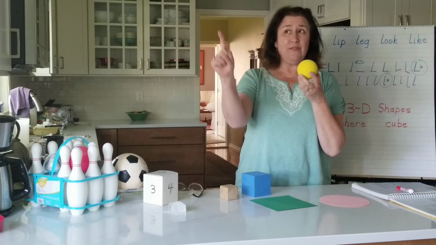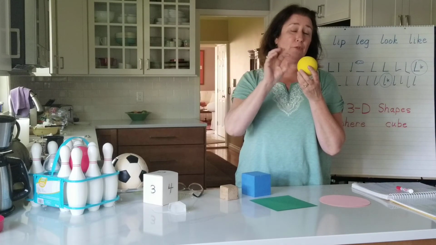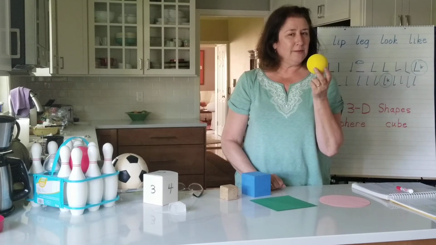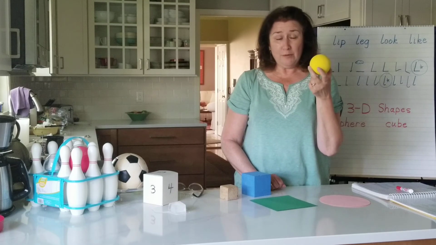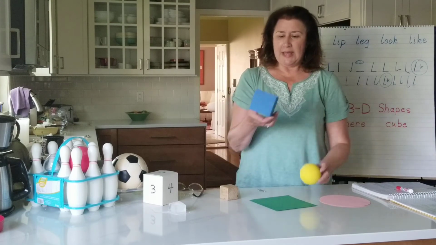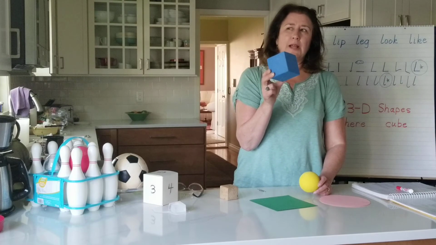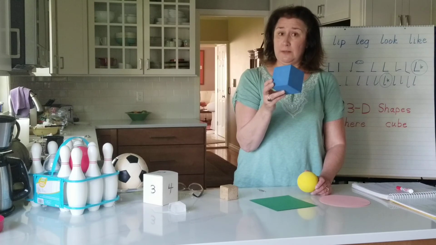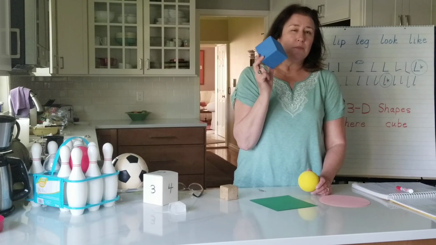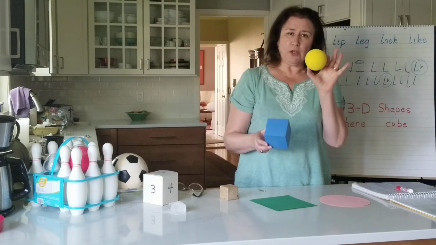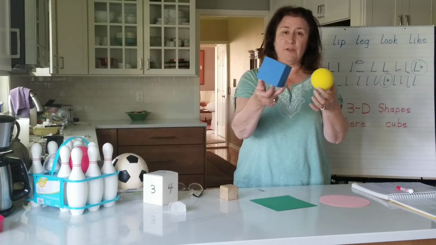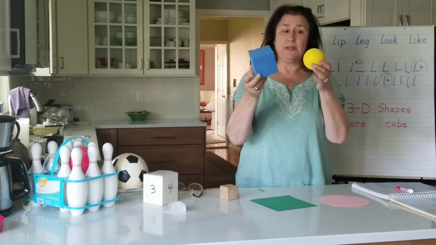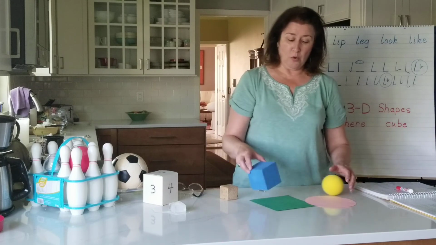Can you think of things in our classroom that were spherical? There's a big round one that we look at different places in the world on. Can you think of what that might have been? I think that was the globe that we used. And things that are cubes in our classroom. Kleenex boxes sometimes are cubes. So go around your house. See if you can go on a hunt. Find some spheres. Find some cubes. Okay? Identify them. See if you can slide them or roll them